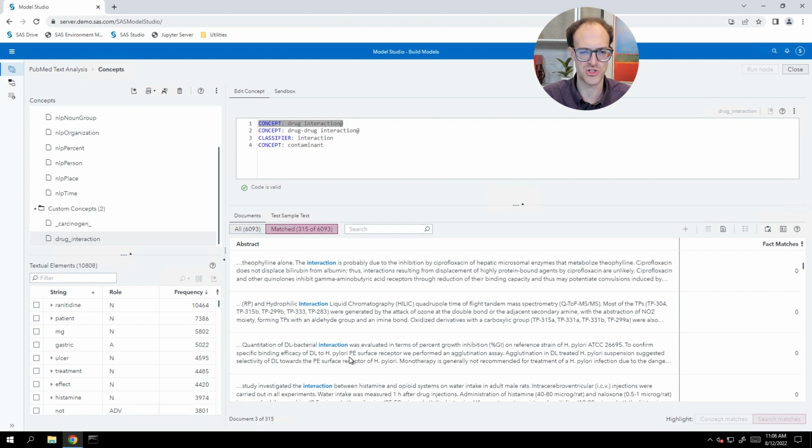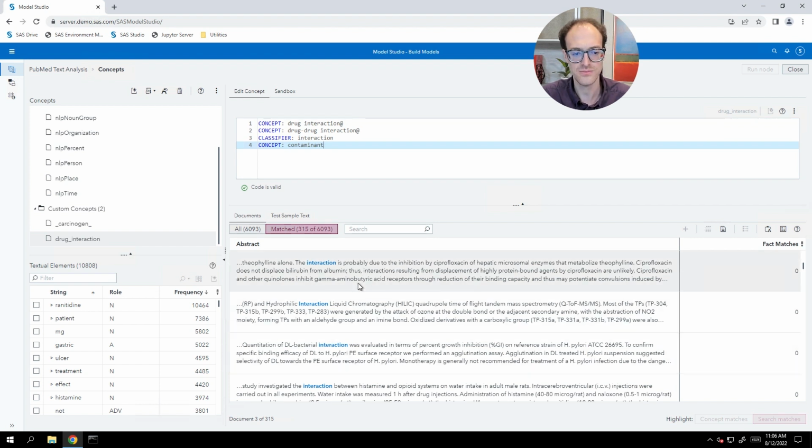Now, at first glance, this just sort of looks like searching through the text for words, but we can create more complex rules, and that's what we're going to do in our next example, is create kind of a nested sequence of concepts with more complex rules. But I also wanted to highlight, and we're going to see this at the end of this workshop as well, we can actually output these rules as scoring. And so then we can score new documents or score existing documents based on these rules and output it in a data set. And that's the data set that we actually use to create that visual analytics dashboard illustrating some of these key topic areas.